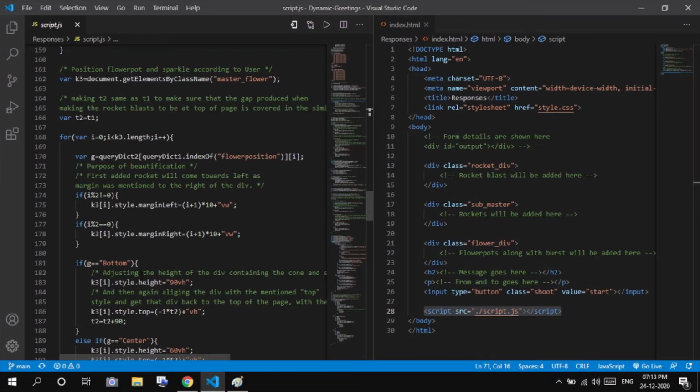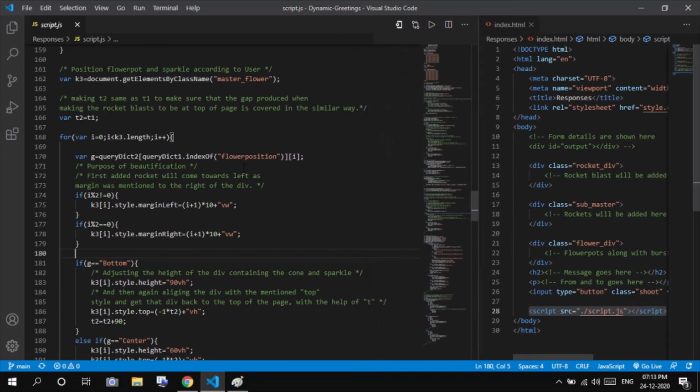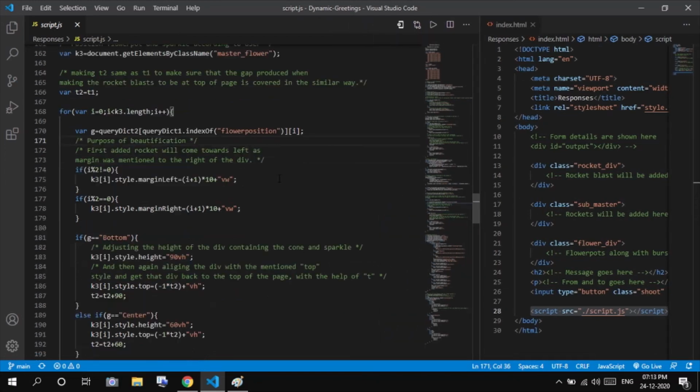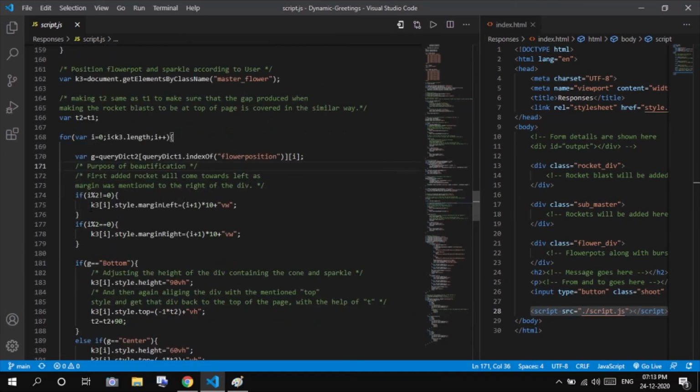Similar to what I have explained for rockets, this will be similar to flower pots too. So yeah, see, if i % 2 is not equal to 0, that means if i is odd, it will be having a margin left of (i+1) times 10 of viewport width.